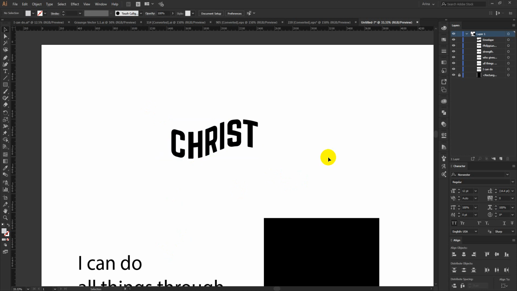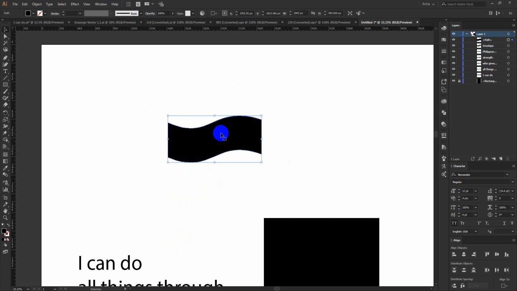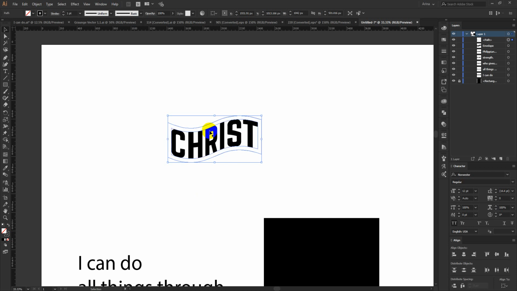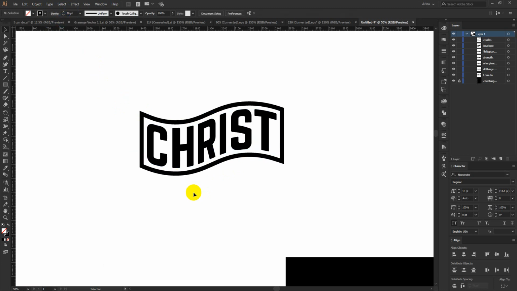If I use the line here and use the Type on a Path tool, it will not look exactly the same. So I am going to paste that shape I copied before, Control F, which means paste in front. Now this shape is in front of my text. Now this is in fill color. I am going to press Shift X, which will make it stroke mode. You can see now this has a 1 point stroke. I am going to increase that stroke, okay, 30 points looks good for me here,